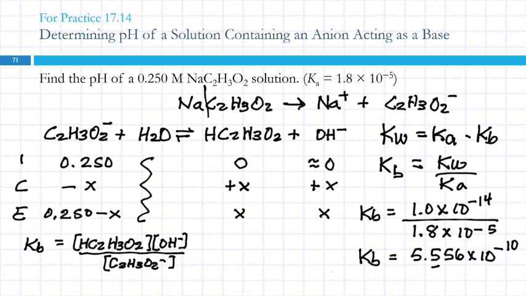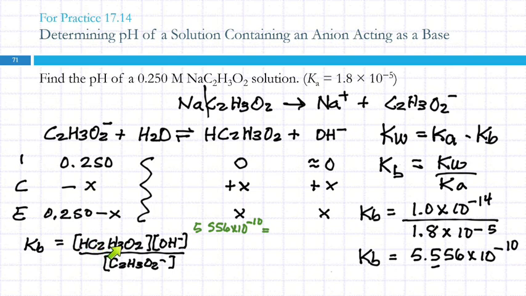The Ka had 2 sig figs, so my Kb will have 2 sig figs. I'm just keeping 2 extras so I don't have to worry about rounding problems. And I don't have nearly enough space left. It's pretty typical. So I'm going to squeeze it in here. 5.556 times 10 to the minus 10 is going to equal